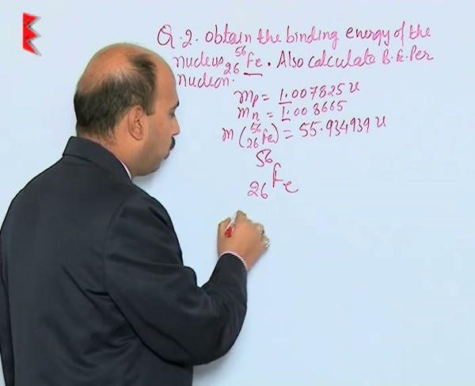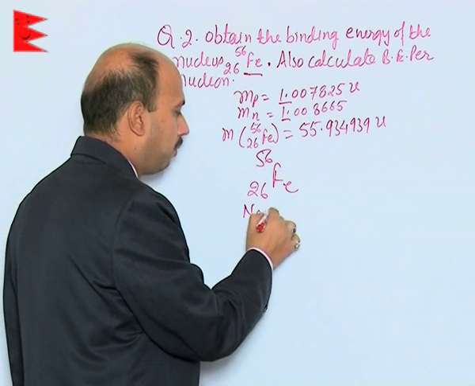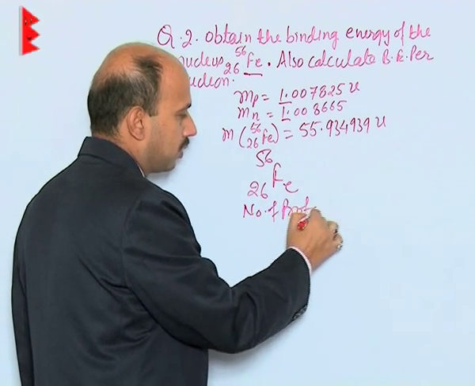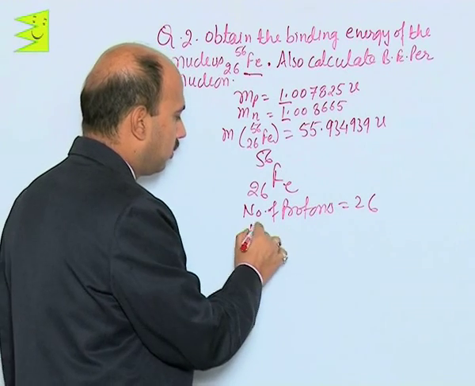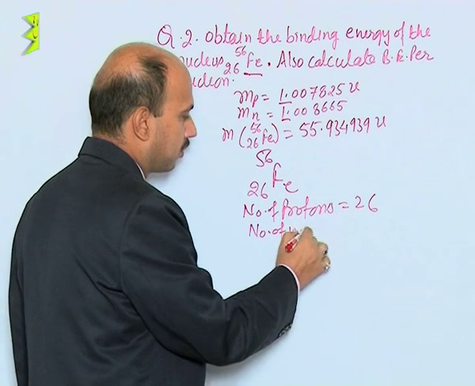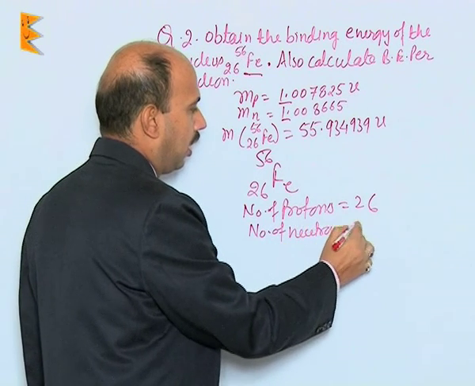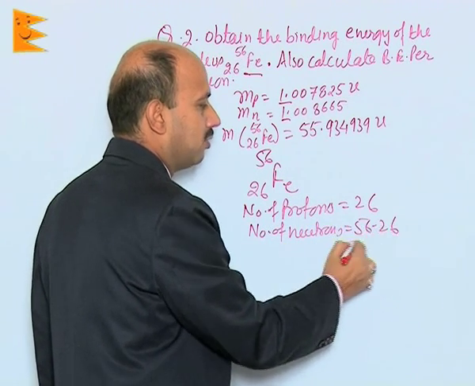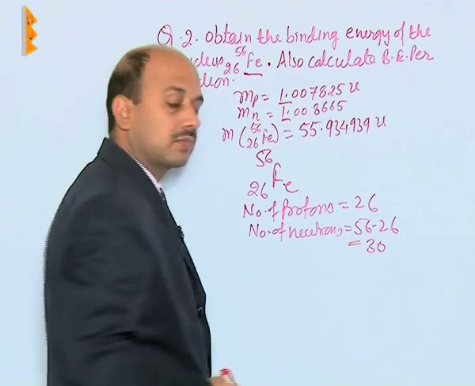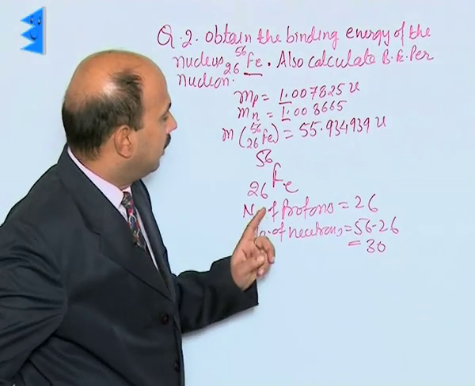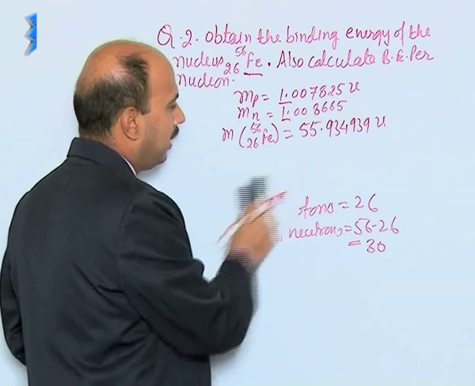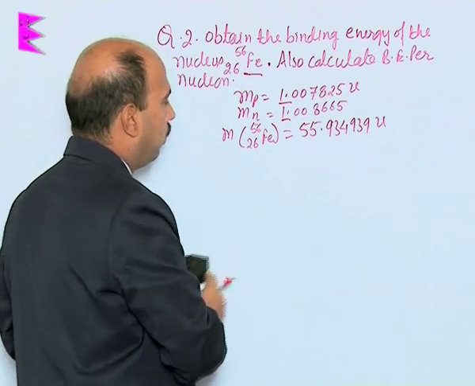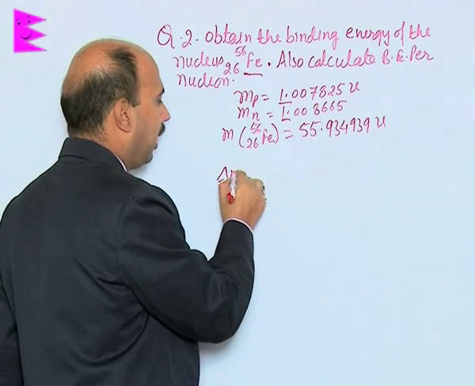So the number of protons is 26 and the number of neutrons is 56 minus 26, that is 30. Now we can calculate the mass defect by knowing all these things here. When we calculate the mass defect, we can write delta M is equal to